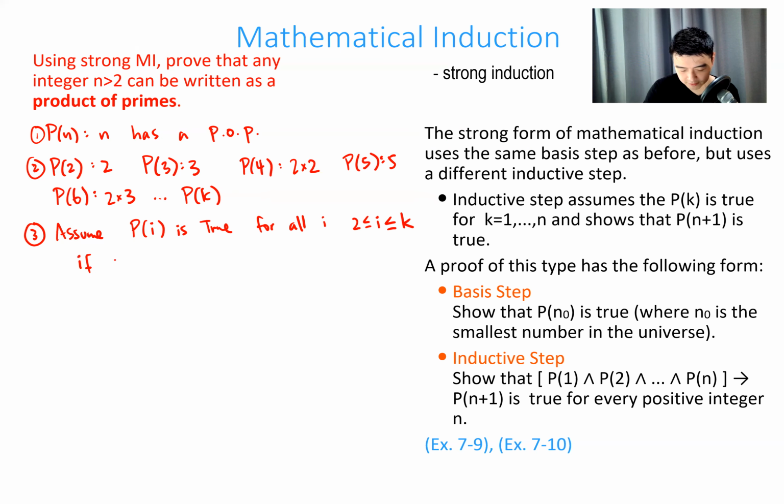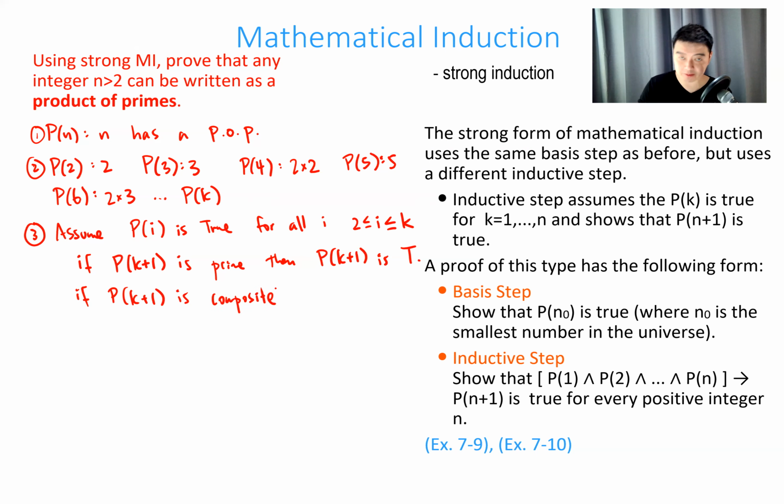So there's a couple of things that we can argue here. If k+1 is prime, then I can say P(k+1) is true right away. If k+1 is already prime, then by definition, the product of primes is just itself. So there's not much argument to be made there. P(k+1) must be true if it's a prime number. But what if it's not a prime number? On the other hand, if k+1 is composite,